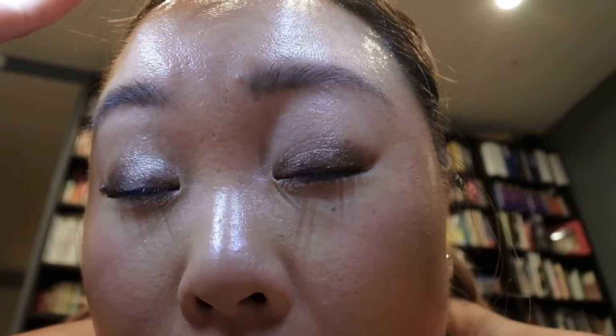Anyway, let's talk about what's going on with my cream eyeshadow. I'm gonna see if I can use my lighted mirror to light this up so you can see it. If you look at my left eye compared to my right eye, the right eye is the Laura Mercier, the left eye is the Bobbi Brown. I honestly think that, with this really quick test, the staying power of the Bobbi Brown is better than the Laura Mercier. Here's the reason why I think that. On my upper lash line, right where I usually do a liquid line,